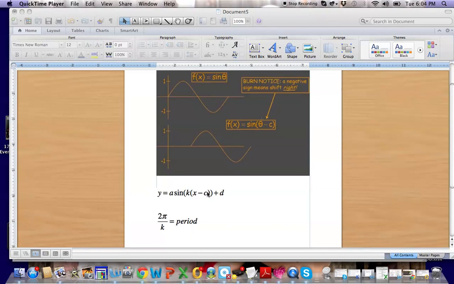Now, another note while I have you here. Okay, you need to find the length of the period. The period is the distance that it takes to complete one curve. Okay, now be careful. K is not the same as the period. Okay, the K that goes in here is actually known as the frequency. You can find the frequency by filling in the value for the period and